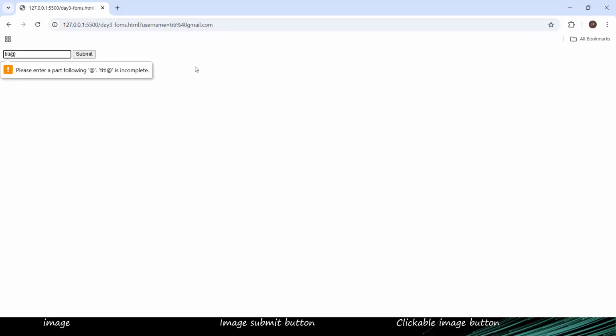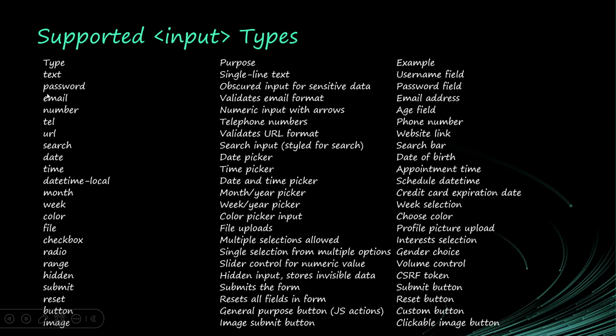So it will validate your email. Anything that the user enters there, the browser will validate it. So if you want to collect email address from users, always use the type email. It helps a lot. If you want to collect numbers,